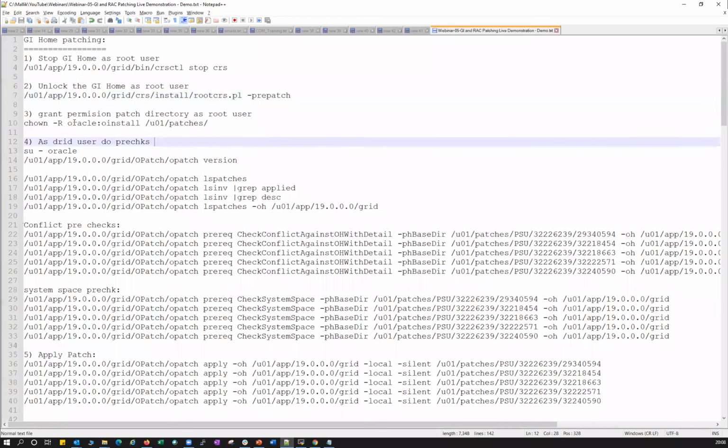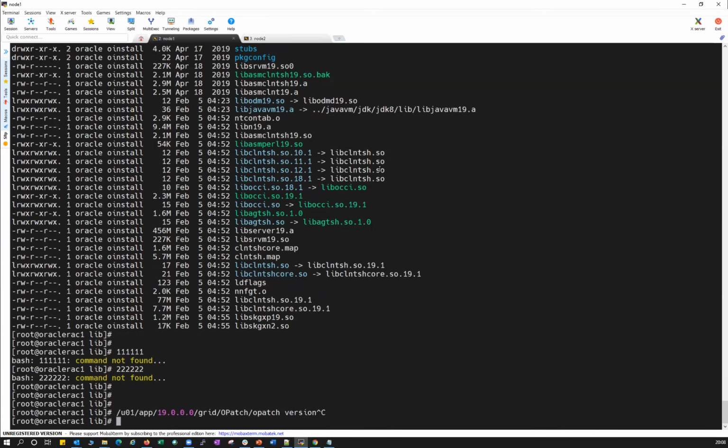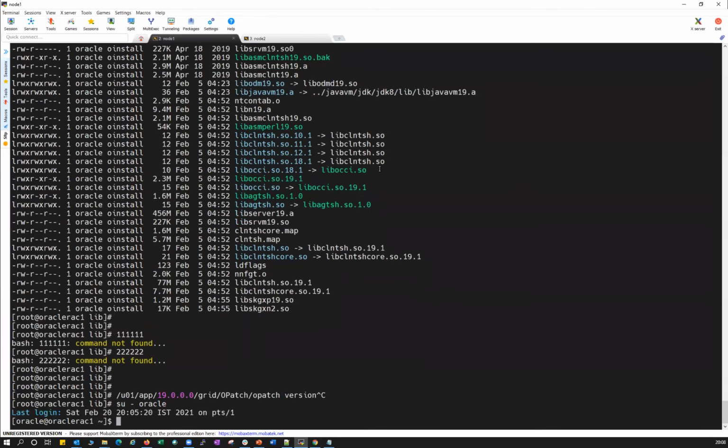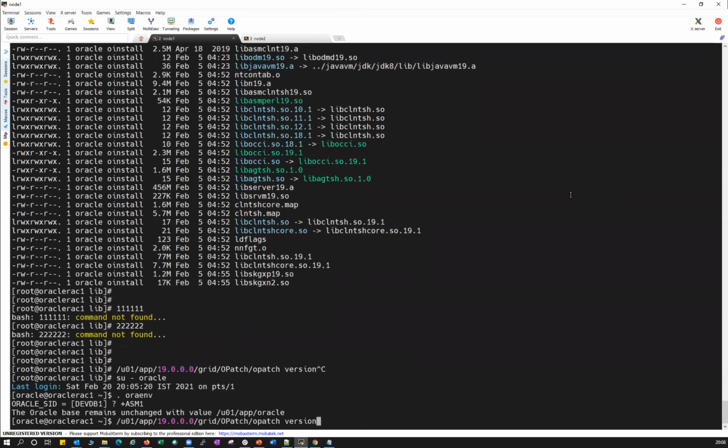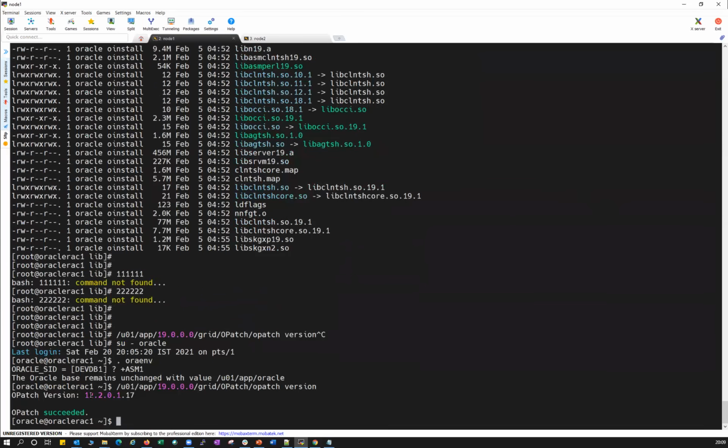Give me a second. I already gave the proper permission to my patch directory, and here comes the latest OPatch, right? If you see here, I have to log into Oracle plus ASM1. OPatch version, you can see, right, 12.2.0.1.17.